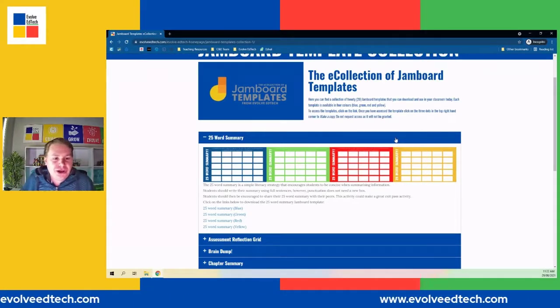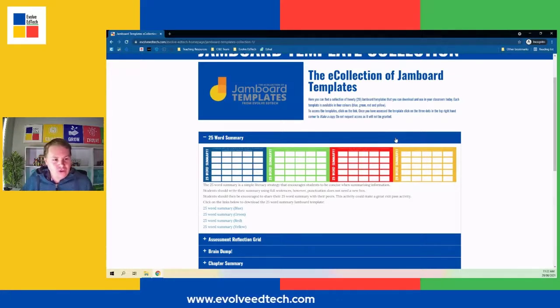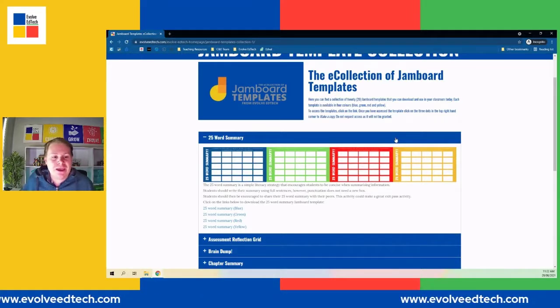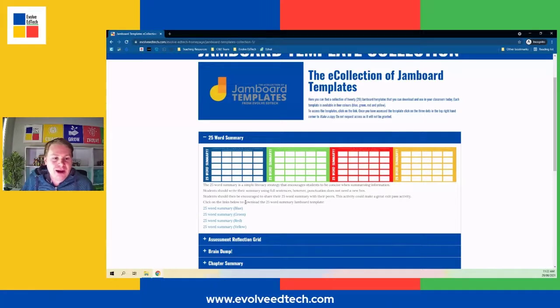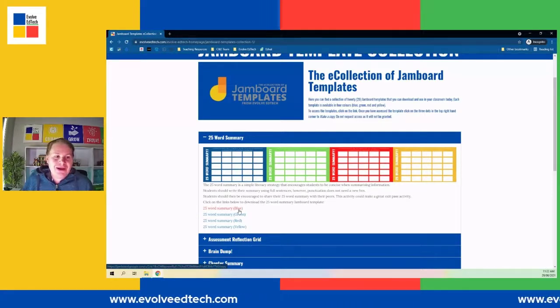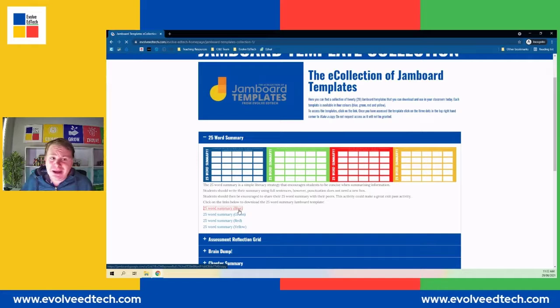I'm going to show you one of these today. I'm not going to show you all 4 colors because they're all the same in terms of their structure. They've just got a different color. To access your templates, you're just going to click on one of these links. It's going to force you to make a copy,